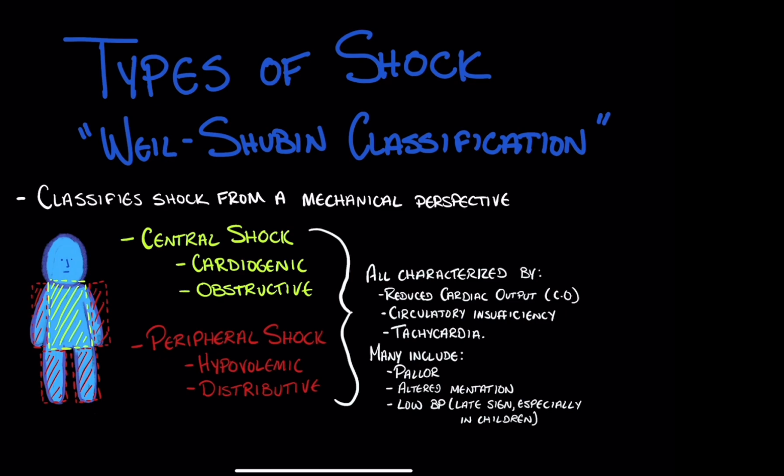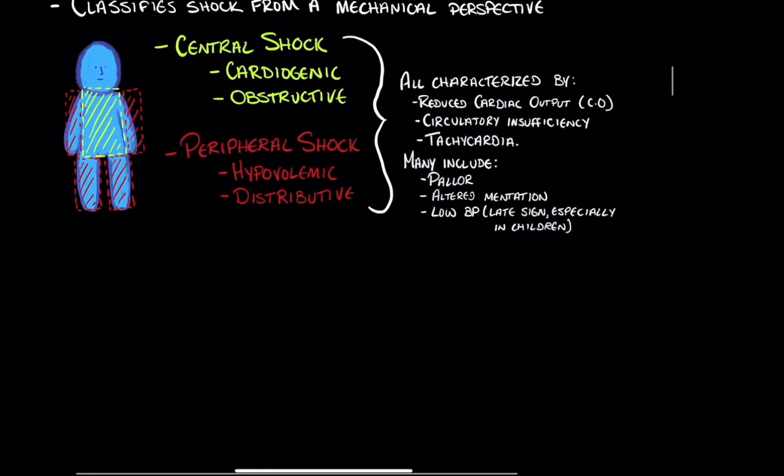So the ones that we have looking at central shock would be cardiogenic shock, which has to do with the heart, and obstructive, which, it's in the name, an obstruction of a major artery or something in the heart that's preventing blood flow. And then finally, in the extremities, you have hypovolemic shock, which would be a fluid loss or volume loss, or distributive shock, which would be,